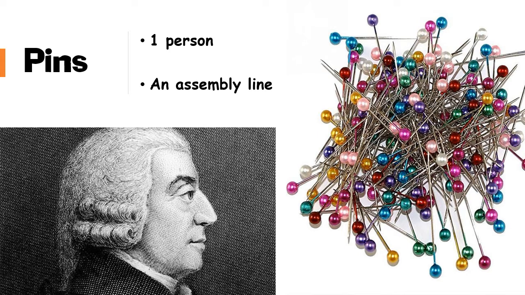So you can divide this making of the pin up into several dozen repeatable steps. And instead of having 30 people sitting around in a shop and each one making a pin by themselves, instead they make them together. They work together. And what Adam Smith says is this factory maybe now can produce 40,000 pins in a day. So you have 10 workers working in this factory making 40,000 pins. They're 1,000 times more productive than doing it by themselves. That means the price of pins can go way down. Consumers will benefit.